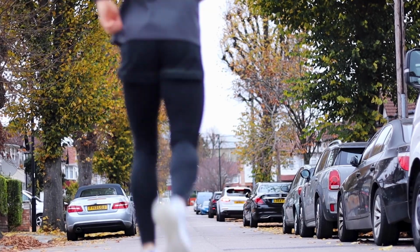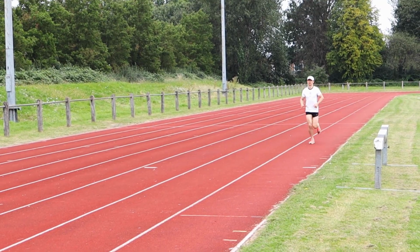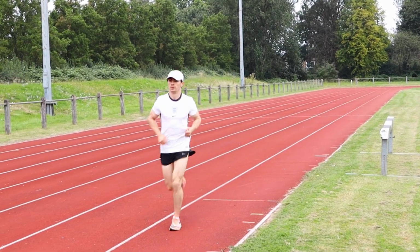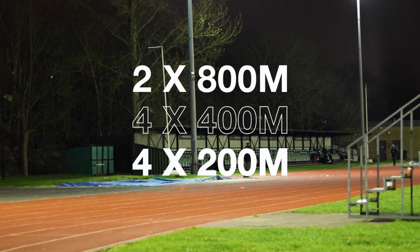So how I like to do a track day, it doesn't have to be on a track if you don't have money or access to a track by you. In lockdown I was just simply doing this on the streets. I do a 2.5 kilometre warm up, or 2,500 metre warm up, and then once I'm fully warm, I'm stretched out, I'm loose, my body's warm enough to be able to do a faster paced run. I let my body recover, and then I go again. I might do 2 by 800 meters, 4 by 400 meters, and 4 by 200 meters with another 2.5 kilometer,